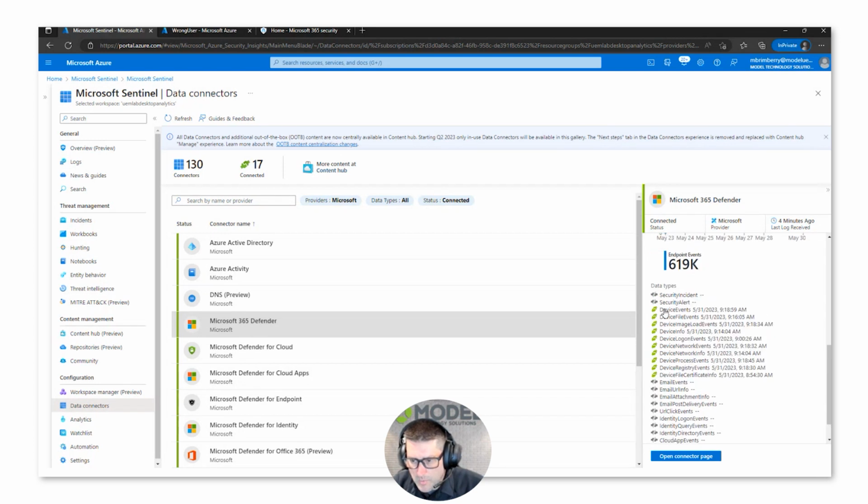So you can see from my Defender for Endpoint, I can get device events, device network events, network info. And really what these are going to play into are those data tables, and we'll be able to look at those using KQL here in a little bit. So really I just wanted to push home those ways that we can get information into Sentinel using these data connectors. And then while I'm out here,